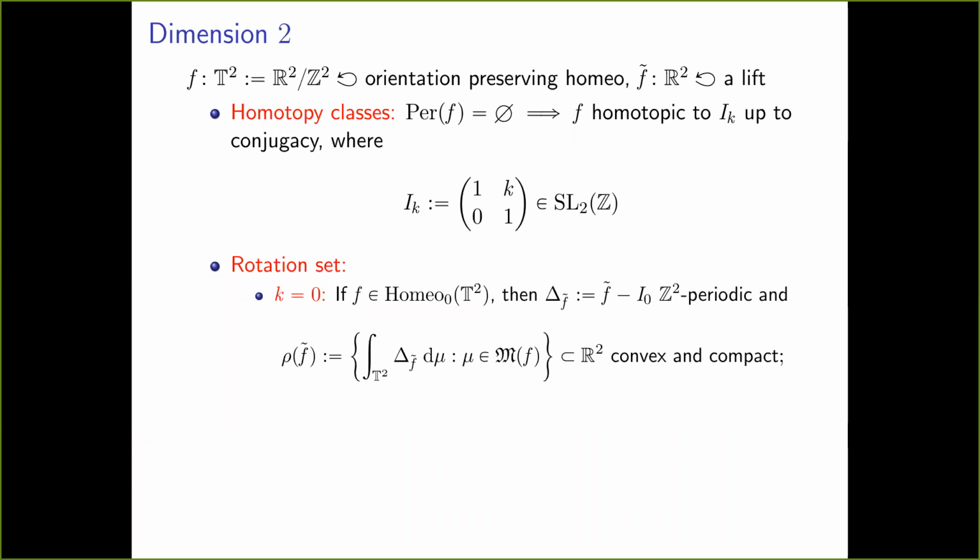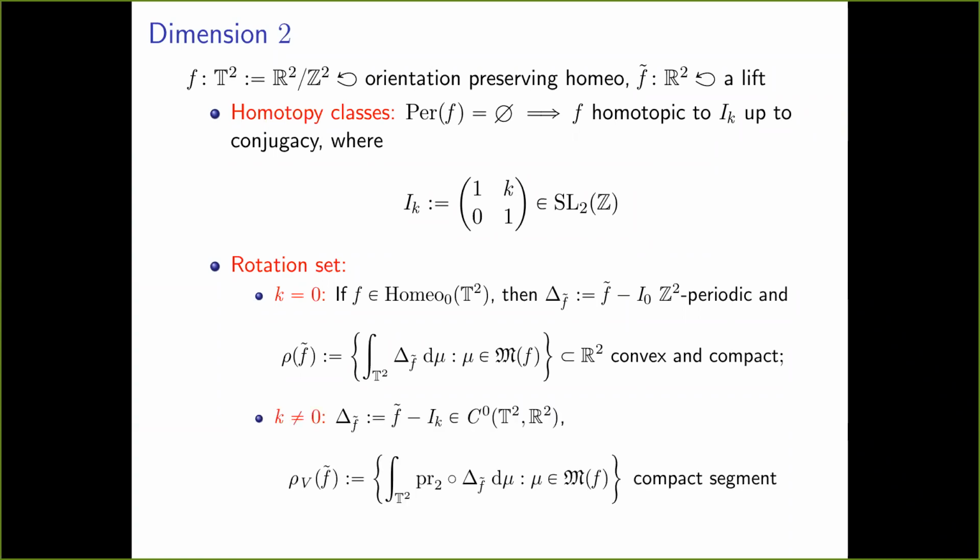Obvious in the one-dimensional case, remember that you have something which is periodic point-free if and only if the rotation number is irrational. Here, the distinction is not as clear as in dimension 1. And what you can do, if k is different from 0, of course, you consider again the displacement function, which is